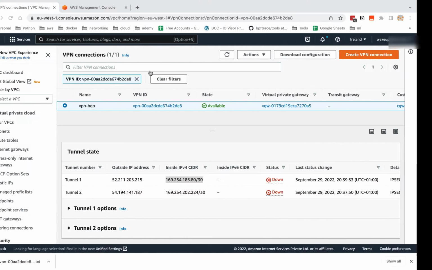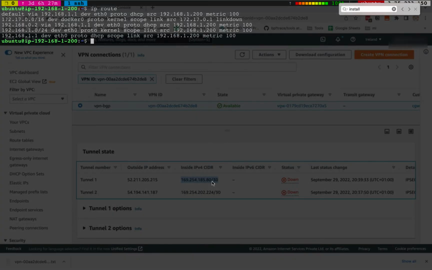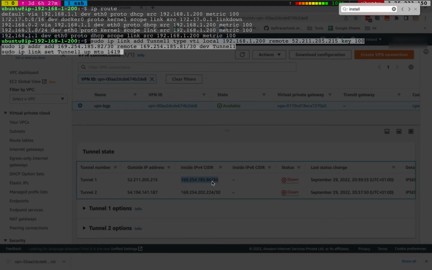So basically what we are doing is we are trying to configure tunnel 1 outside IP address is referenced to the VPN VTI, and the inside is this address, and this address is the only address which the BGP will use. So let's configure it,